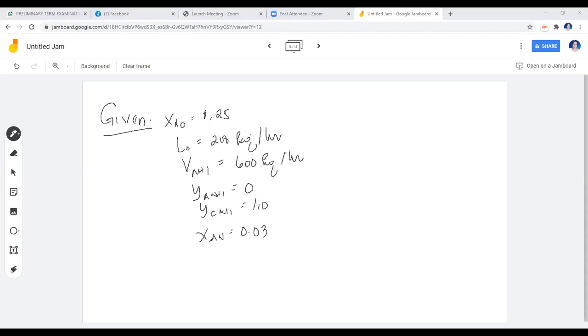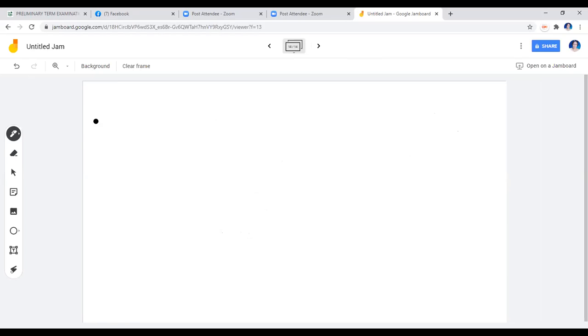You need to calculate the composition and amounts of the exit extract and raffinate streams. So in terms of the required, our extract is V sub 1 and our raffinate is Ln. So we need the composition of these two and their amounts. Okay, so we'll go to the solution of this problem.